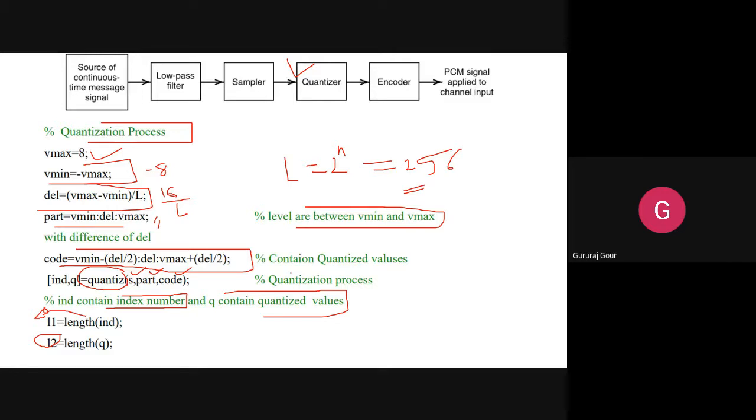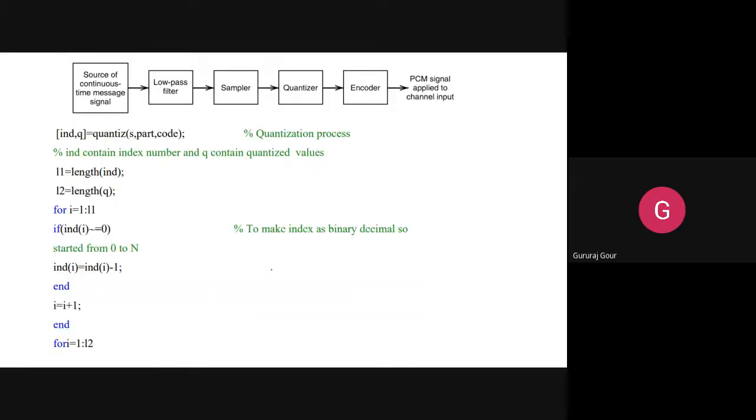Next we will see how we can proceed further. Here we stopped in the previous slide. Quantization means it is going to round off the values. So L1, this is L1 here. We are going to set two loops here. For I equal to 1 to L1, what is L1? L1 is an index.